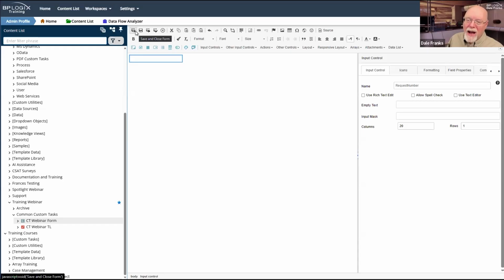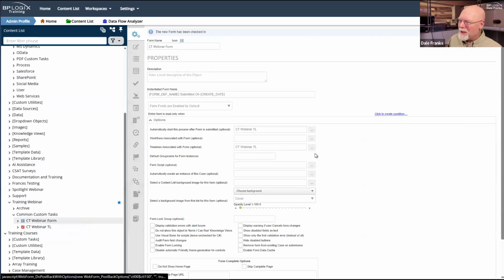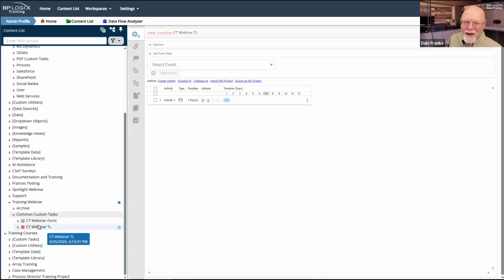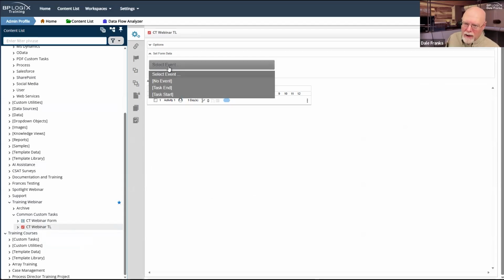What you would do instead, and you know what, I'm going to start saving things now rather than having to reconfigure everything every time I switch between objects. So I go back over here to my timeline. This is probably where I want to run it. Now, as I've explained before, there is a set form data. So for every rule, there is an exception. The exception is to not use a custom task if you can use a UI feature. This is where we run across an exception to that rule.